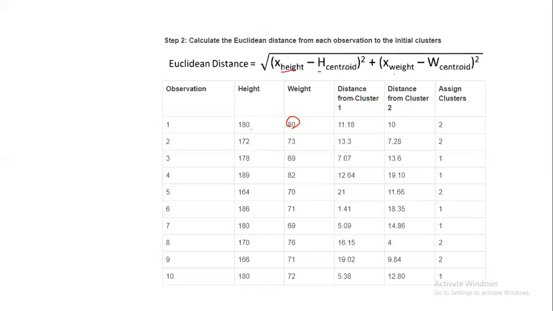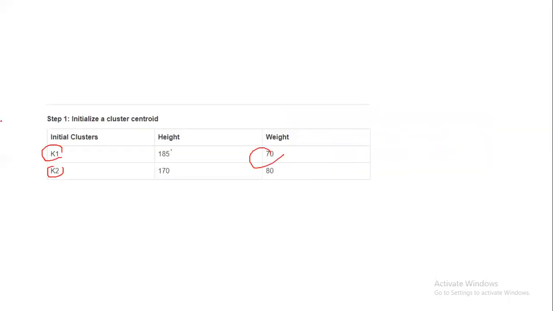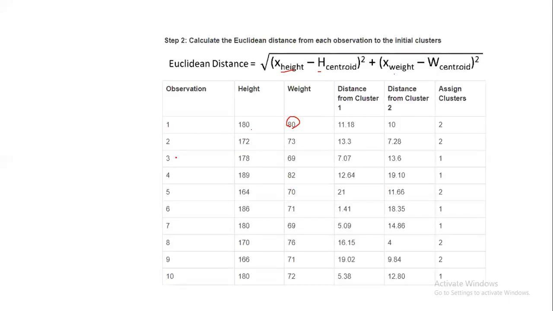So you are applying it with K1. Here you have two different values: 185 and 70 for your K1, and 170 and 80 for your K2.